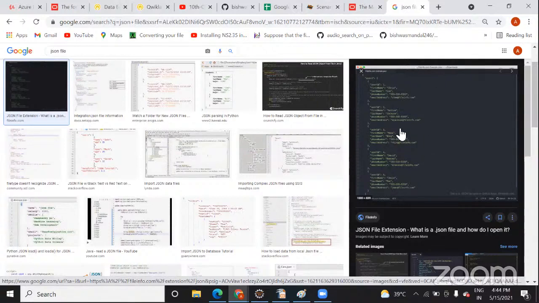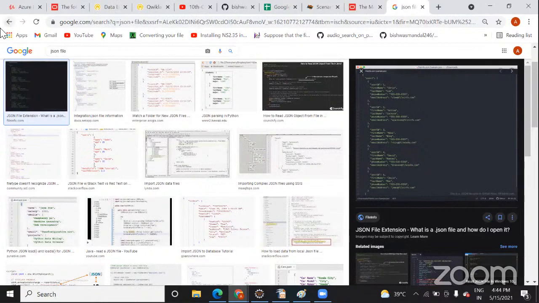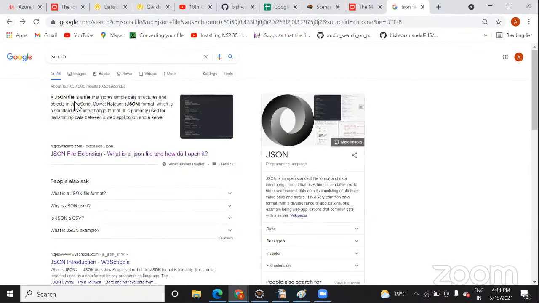But why is Google saying that it is a programming language? Go back, see on your right side, where JSON is written under programming language.